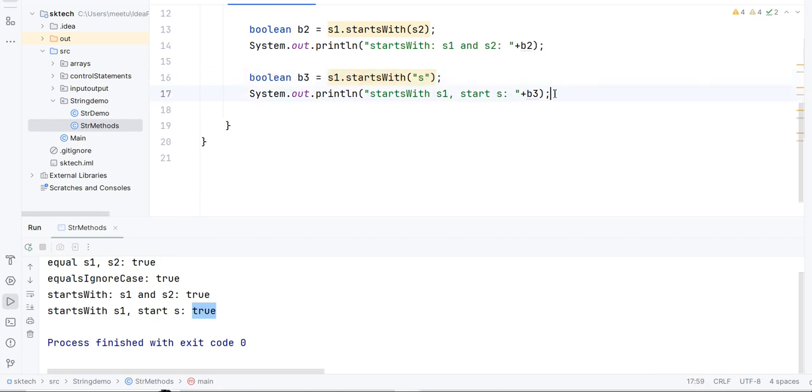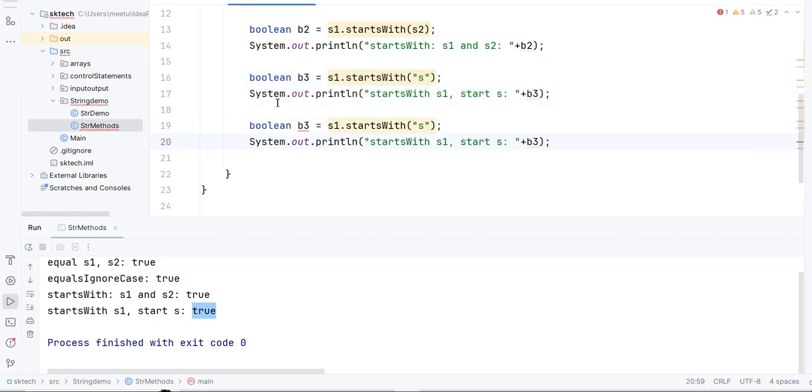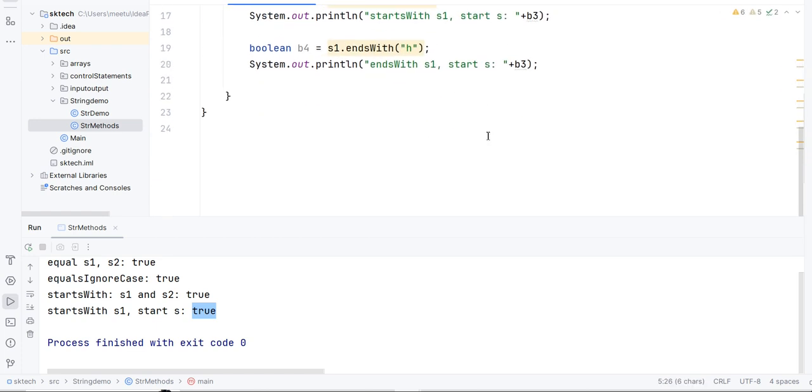Similar to startsWith, let's create another statement, something like b4, because the return type of this method is also boolean only. So the method name is endsWith, and let's say we want to check whether the s1 string ends with h or not. What it is going to print in this scenario is true only.